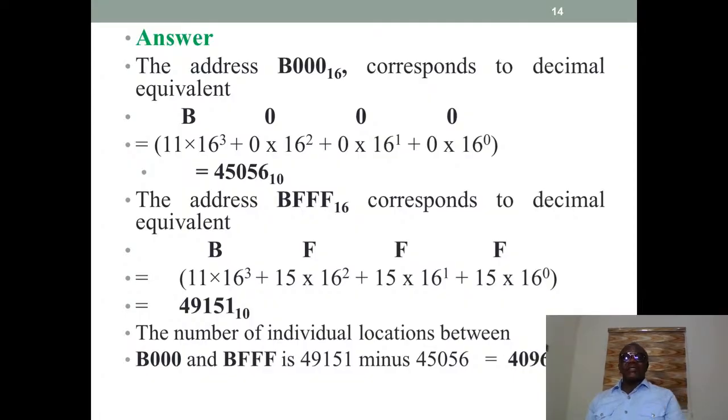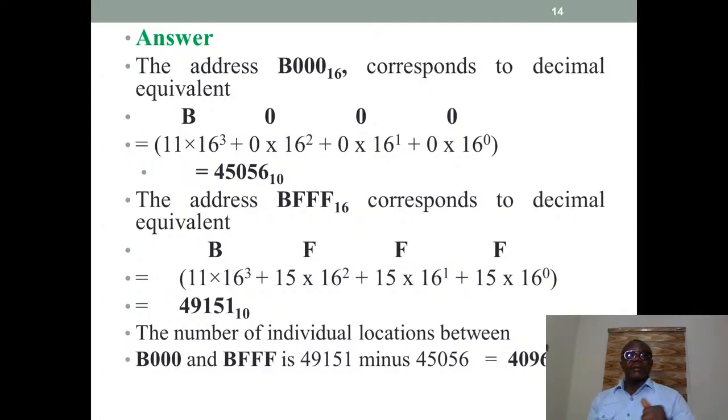The next one is 0 times 16 raised to power 1. The next one is 0 times 16 raised to power 2. The next one now is B. We have known that in hexadecimal, 11 is represented by B, because we have to count up to 15 before going back to 0. So it becomes 11 times 16 raised to power 3, which gives you